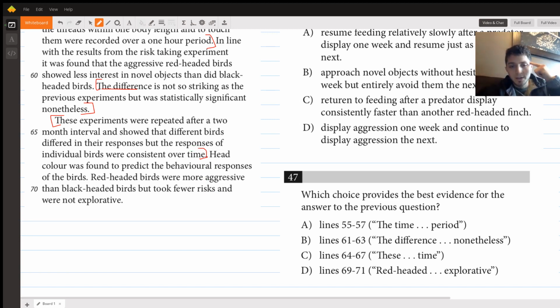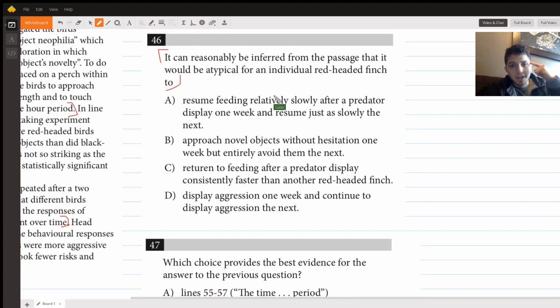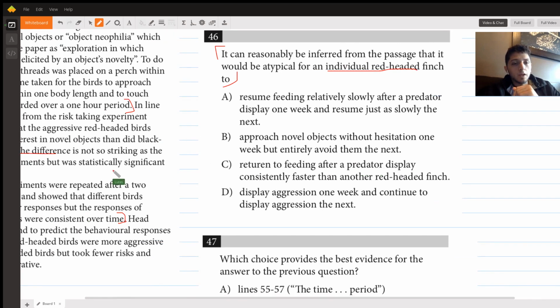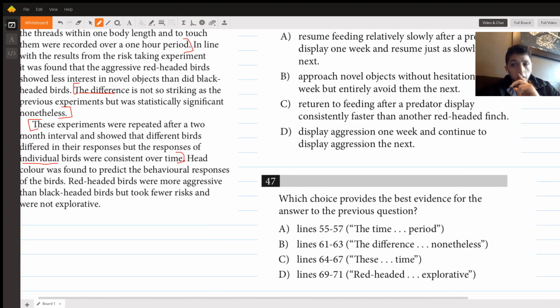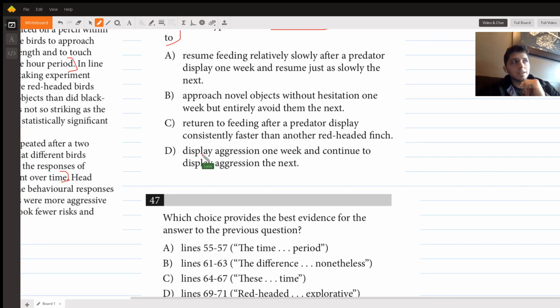The first thing I pay attention to is that they're talking about individual birds here, and in the passage they're referencing individual red-headed finches. If the question were just asking what would be atypical for a red-headed finch to do, I may not notice that, but the fact that they're saying individual red-headed finch is starting to connect with me, as well as this answer choice, which doesn't clearly talk about red-headed finches at all, but does talk about this individual bird. Moreover, and of course I say don't really read these, but as I'm glancing over, I do notice